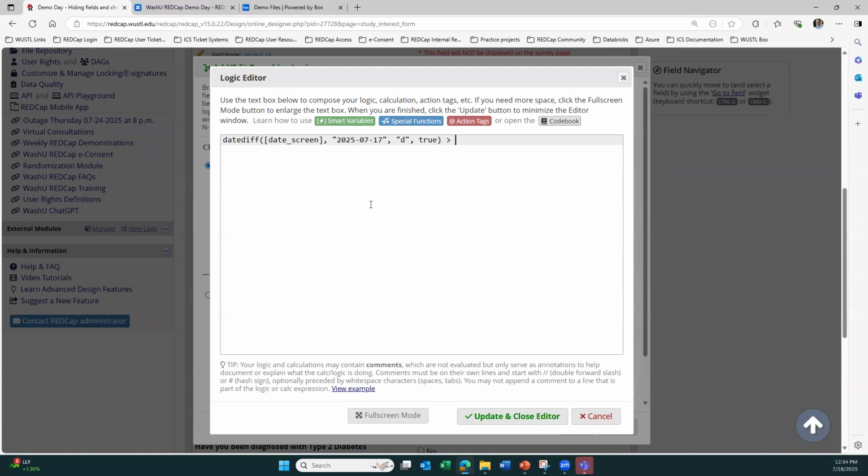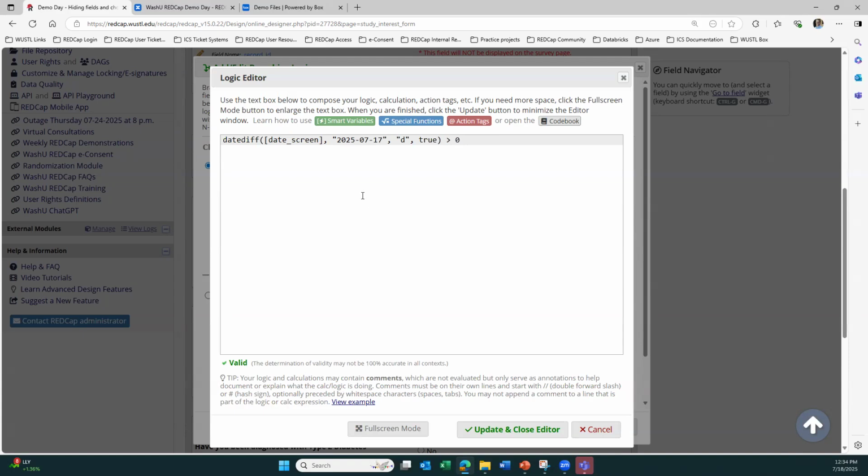So I'm going to say greater than 0 because I want this to appear if this date is less than this date. And the date diff subtracts this from this. So it's kind of backwards, at least from what I learned as a kid. It'd always be first number minus second number. This is second number minus first number. So if this number is smaller, i.e. the date is before this or a lower number than this, you'll get a value that's greater than 0 when you subtract these. And actually, I'm going to copy and paste this,